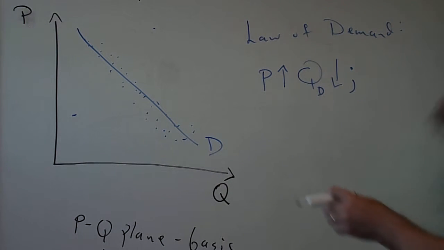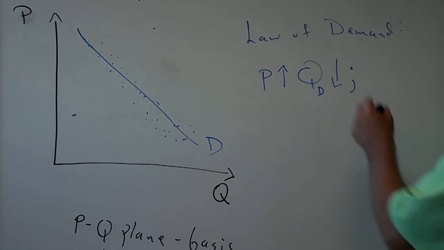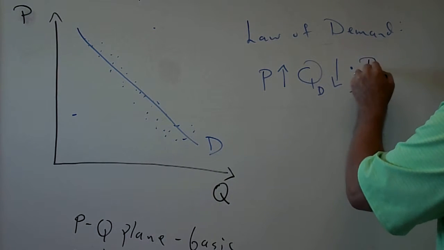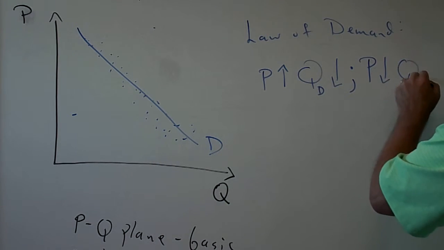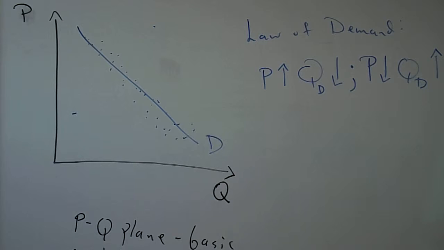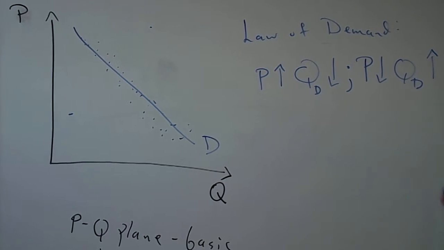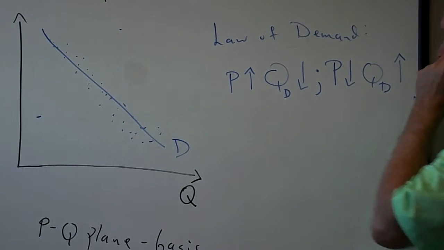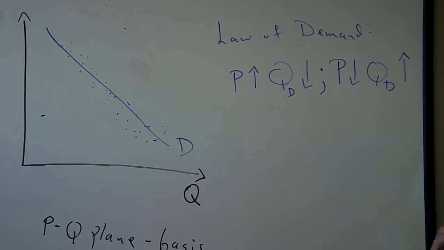If the price of a good is going up, buyers want less of that good, and maybe we'll shift over to some other good, not represented here. On the other hand, if the price goes down, people are priced into it or find the good more attractive at that particular price, and so the quantity demanded goes up. So this inverse relationship, P goes up, Q goes down, P goes down, Q goes up, is an important relationship,